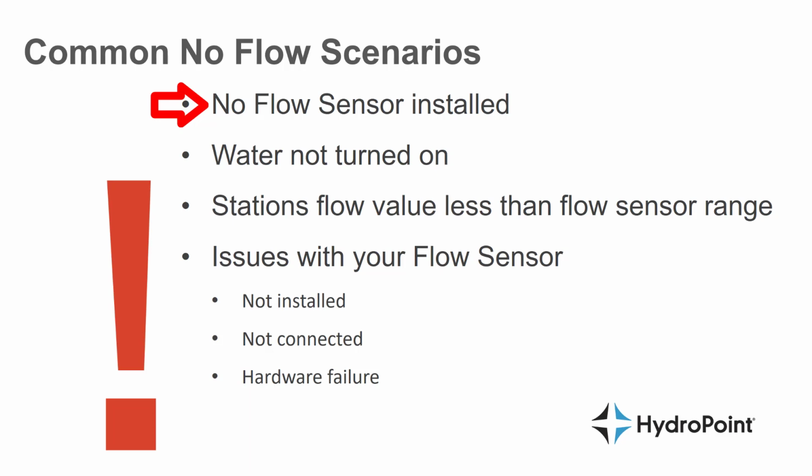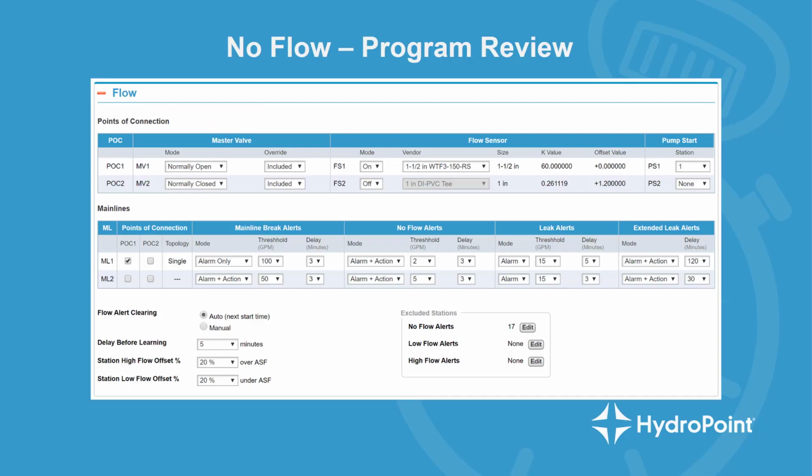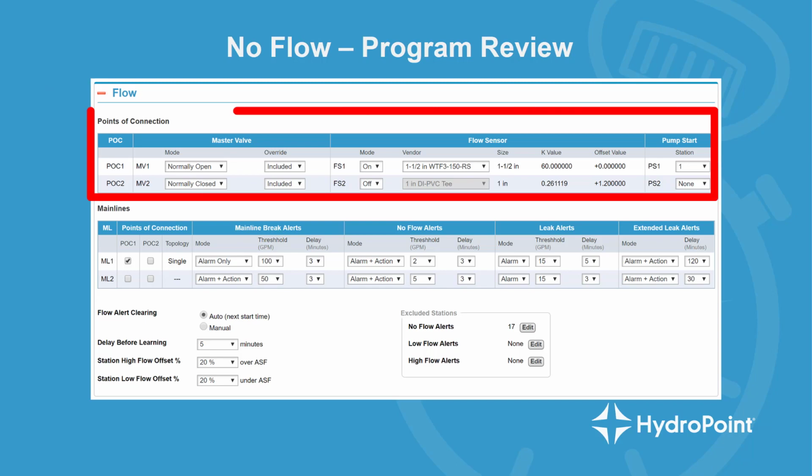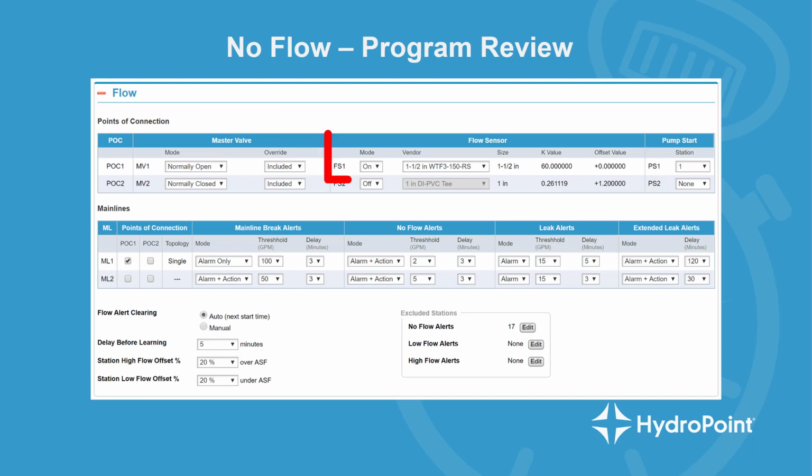someone has accidentally turned on the flow features on your system, and all you have to do is turn them off. This can be done at either the controller or, as you'll see here, at weathertrack.net, where we go to the program page and the flow settings, and we look at our point of connection settings where we see the flow sensor mode, and this is the setting that turns on the flow features. If you don't have a flow sensor, this should be set to off, or you will start getting no flow